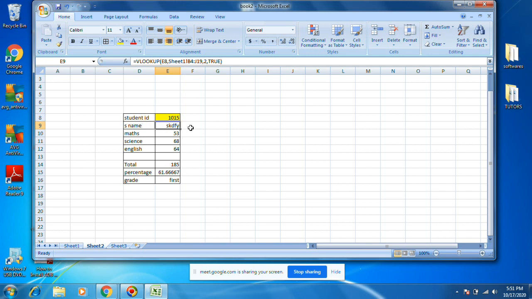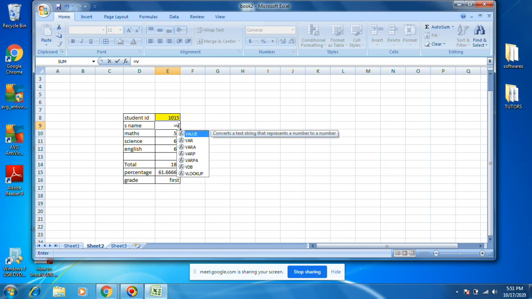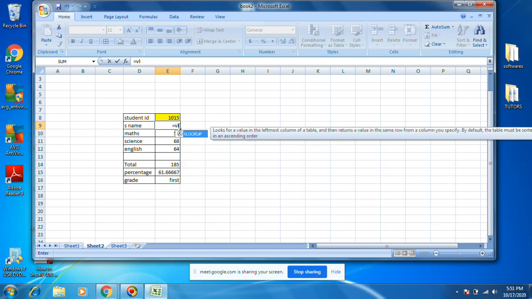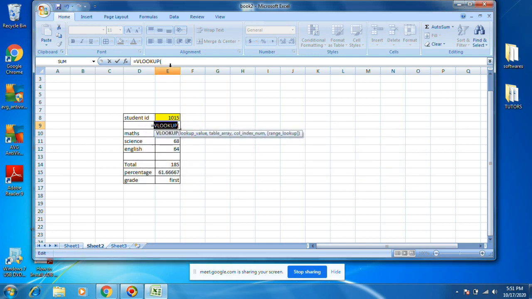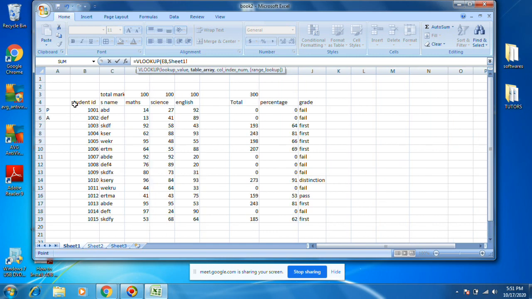You want to do that for the other sheet, how will this be? It is equal to VLOOKUP of. I am telling once again. VLOOKUP of lookup value, this one, comma, table array. Table array means Sheet1.